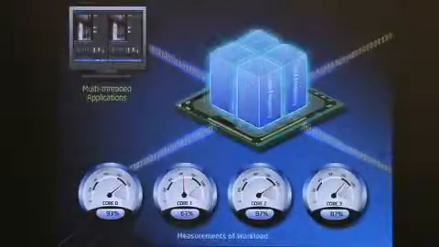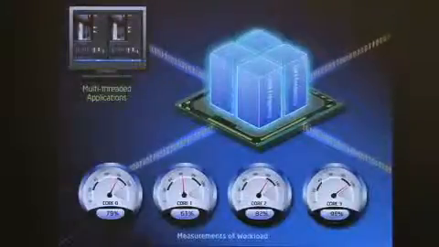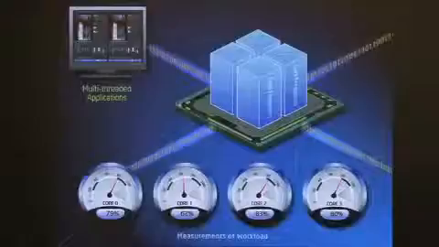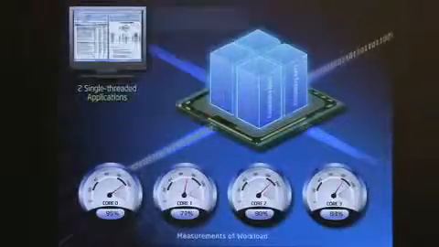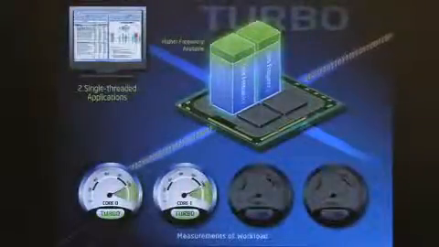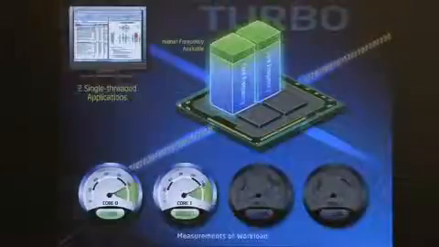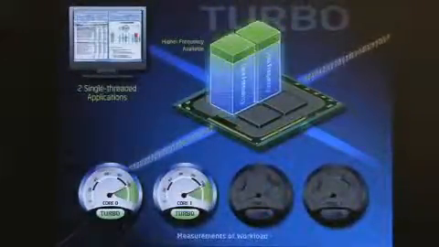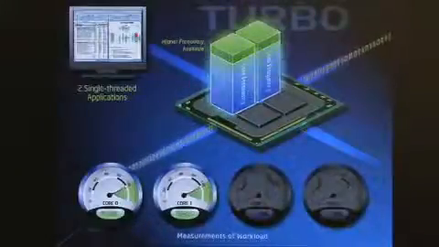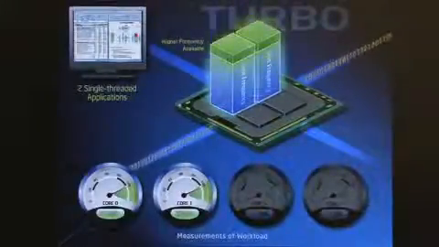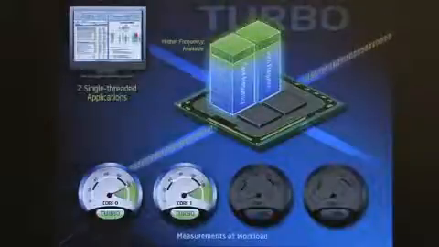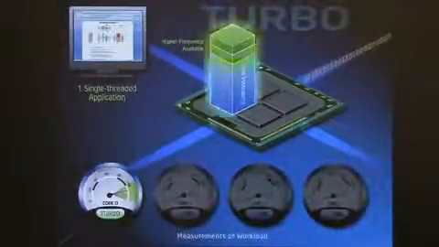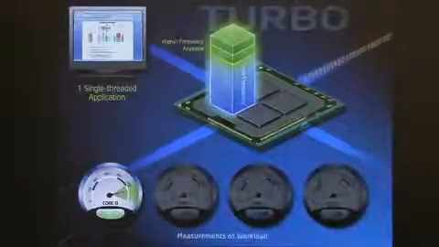So the purpose of Turbo Boost technology is to take advantage of the headroom when some of those cores are idle and turn that into higher frequency on the other cores. If I'm looking at a 2-threaded application rather than a 4-threaded, on Nehalem I have the ability to turn off 2 of those cores. Those 2 cores go to 0 power, transparently to the system, transparently to the operating system, and I turn that power budget into frequency headroom on the cores that are still active. The same thing applies if I go to a single thread workload. If one of the 2 cores that was on goes off, I translate that power budget into more frequency